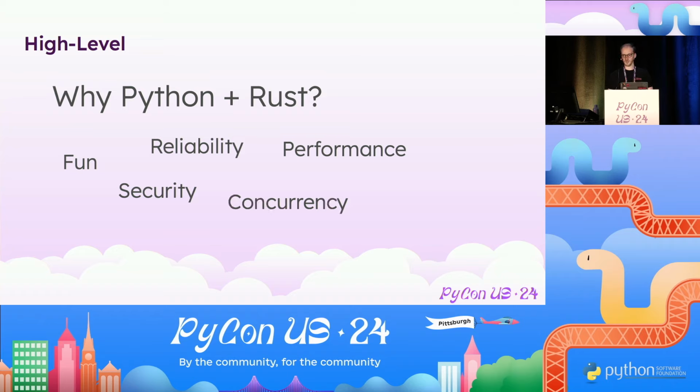Concurrency. Rust, on top of all these things, has a new take on concurrency that's very linked to its security story. It means that when you're writing multi-threaded code, you can do so with confidence that you're not going to produce data races. Some people describe Rust as the concurrency panacea, and it's not. It's still got its flaws. You can create a deadlock in Rust code just like you can in any other language that's got locks. In Python, you have threading.Lock, and you might have experienced creating a lock, and if you're using multiple locks, creating deadlocks, freezing your program. You can do that in Rust too, but you still get so many tools that help you